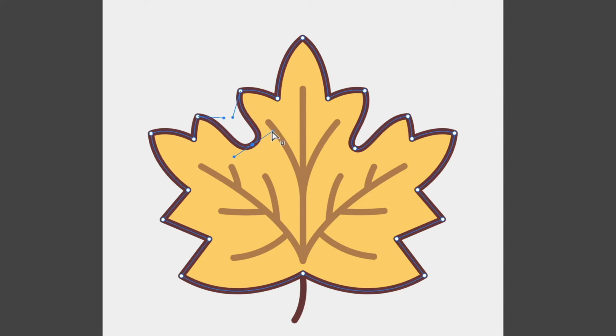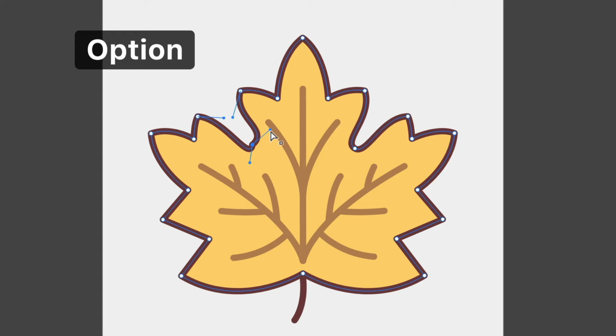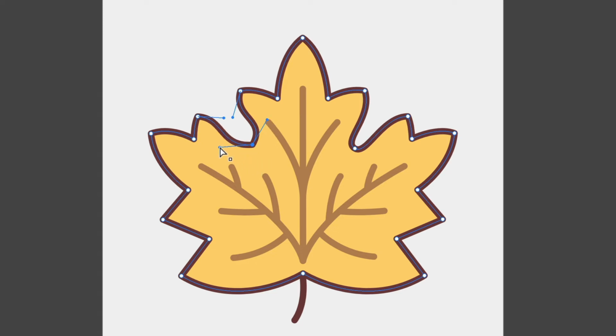You might have noticed that when we rotate one handle, the opposite one rotates too. Thanks to this, the path passes the anchor point smoothly. In this case, the anchor point is called the smooth point. Note that it is possible to rotate direction lines separately by pressing and holding the Option key. This helps to adjust each segment of the path individually. Since the two segments can form an angle, this anchor point is called a corner point.